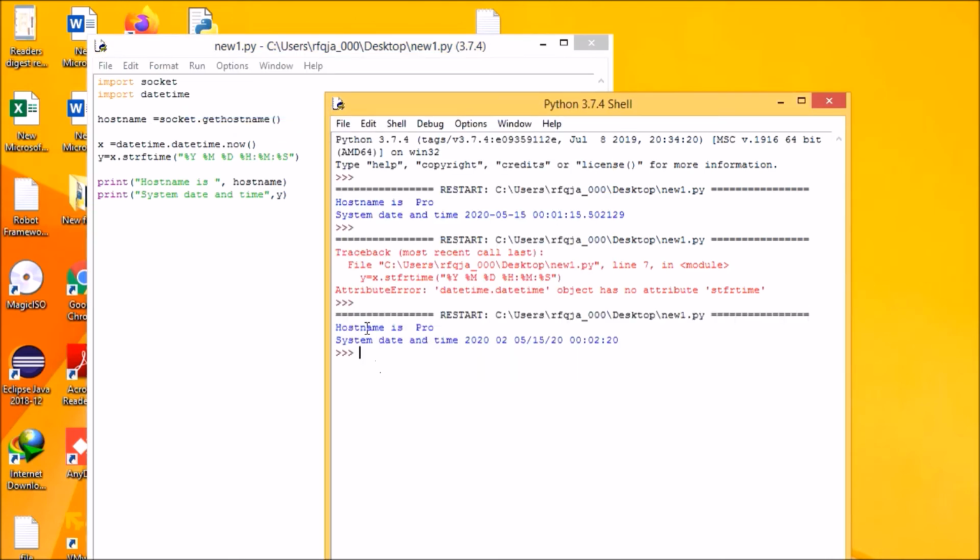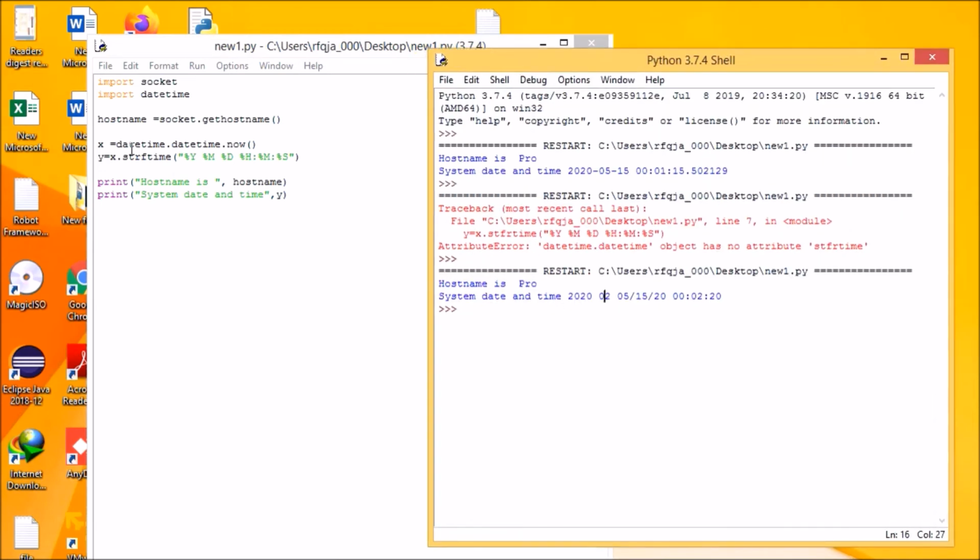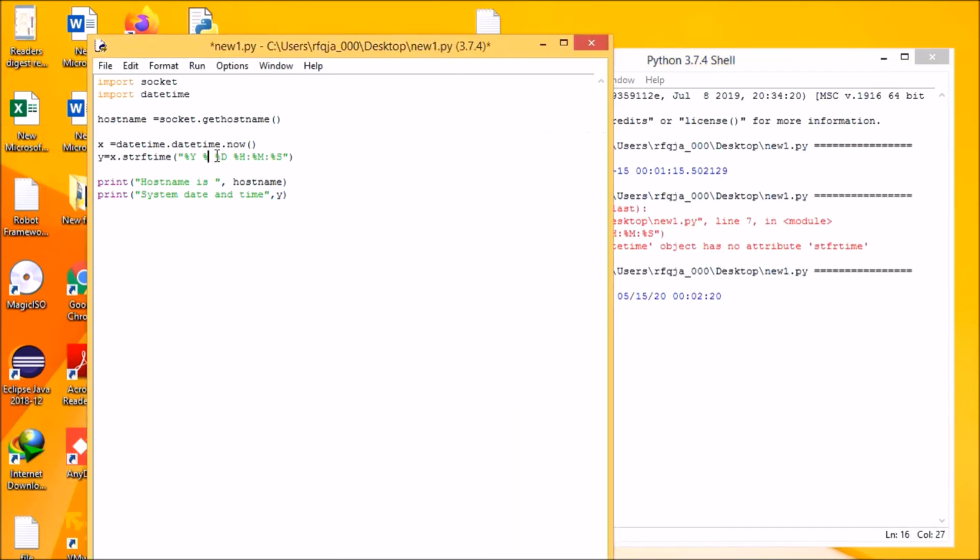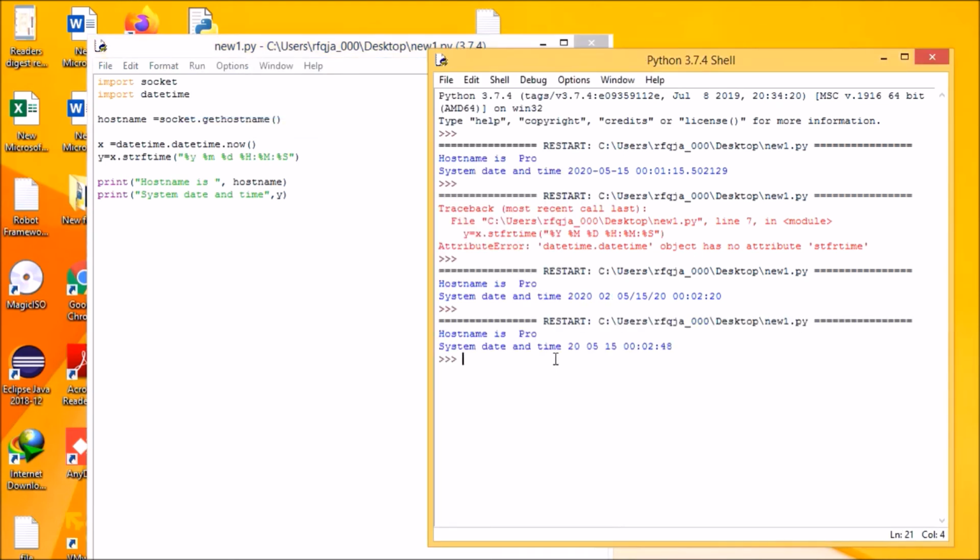Okay. If you see here, we have the host name as Pro, and we have the system date and time as year, month. Oh, sorry, I need to put it in a small format. It was giving a problem. Okay, there we go. So we have the system date and time as year, month, and date, and then